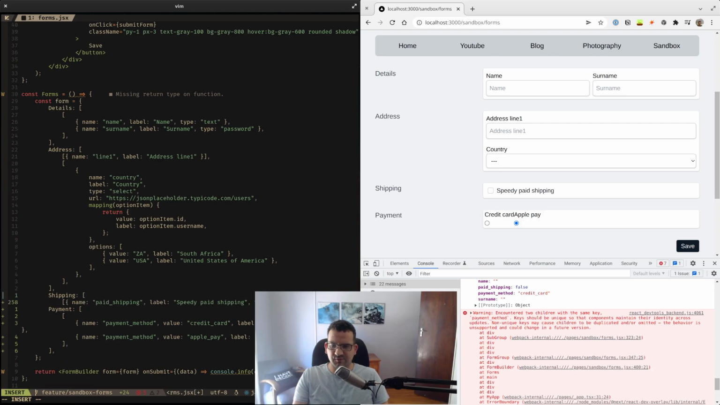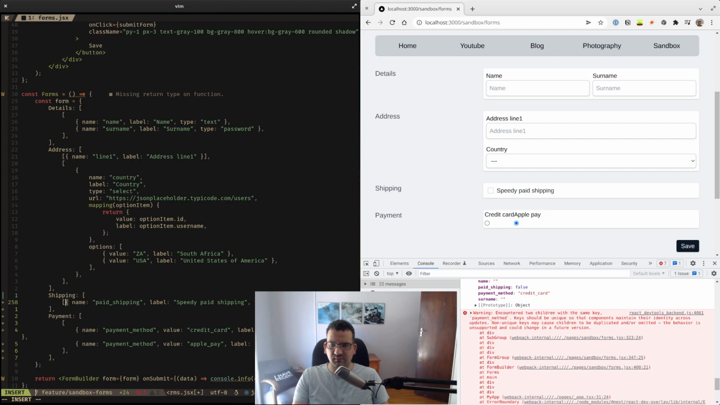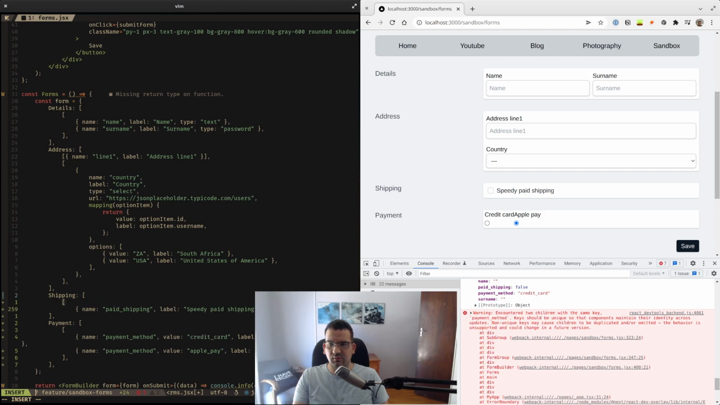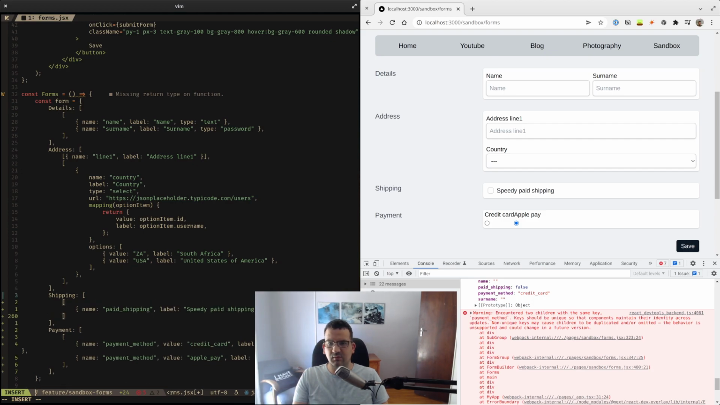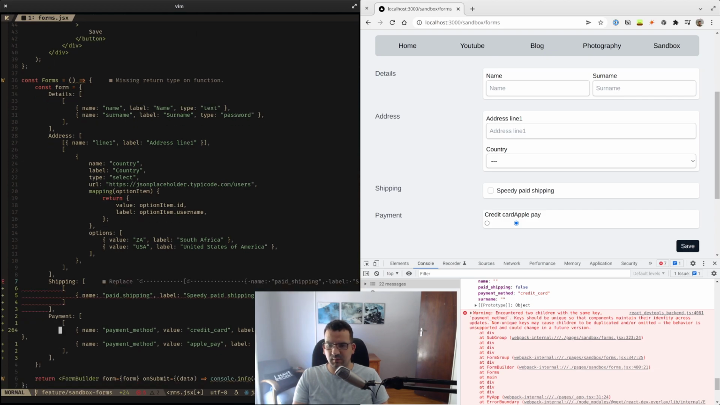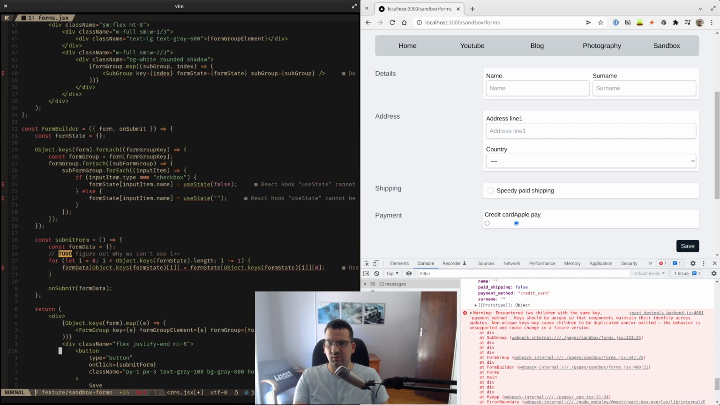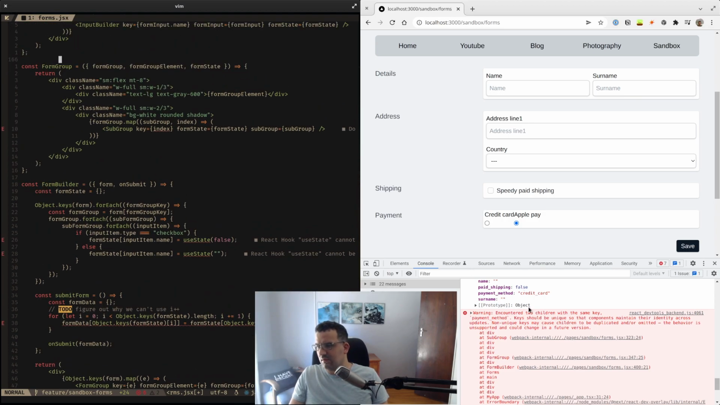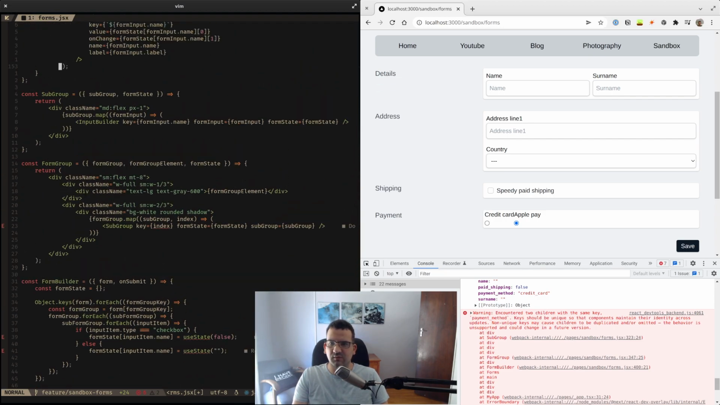So if we expand maybe shipping to see what shipping looks like. Name, payment method, value, label. Okay, so I think it might be that somewhere around here we're using the name of the key. So it says here in maybe subgroup. So subgroup of key, yeah. So over here is, so what we're going to do now, for now at least, is just use the